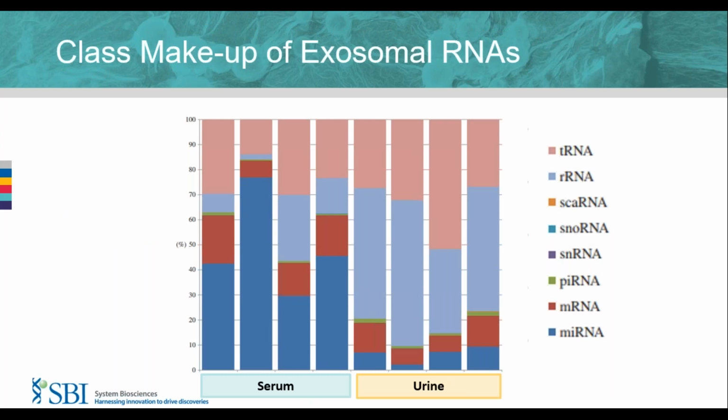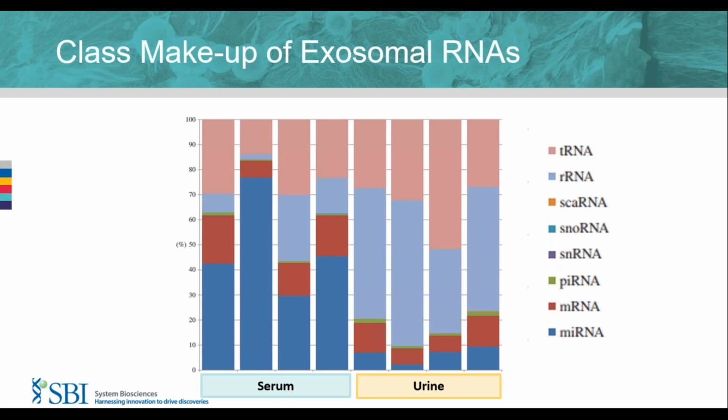So in this paper, they assessed exosomal RNA by RNA-seq from 4 individuals, both from serum samples and urine samples. You can see that there is a clear distinction between the serum samples and the urine. For example, the serum are much richer in microRNAs than the urine samples, but there is a lot of variability